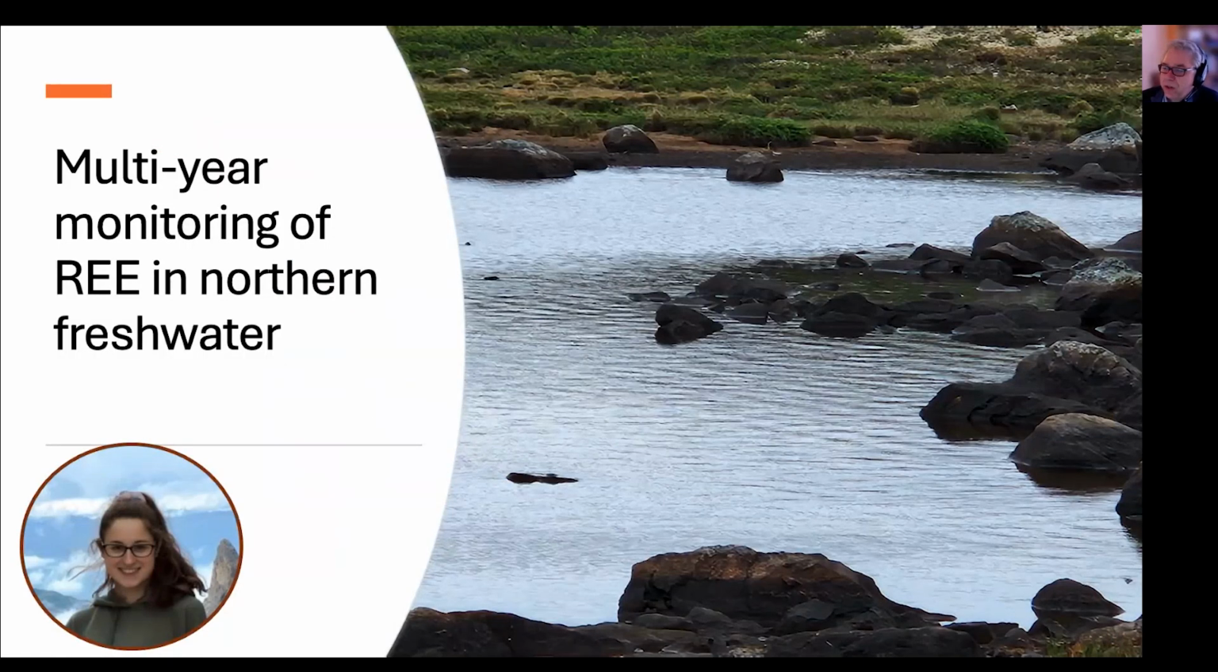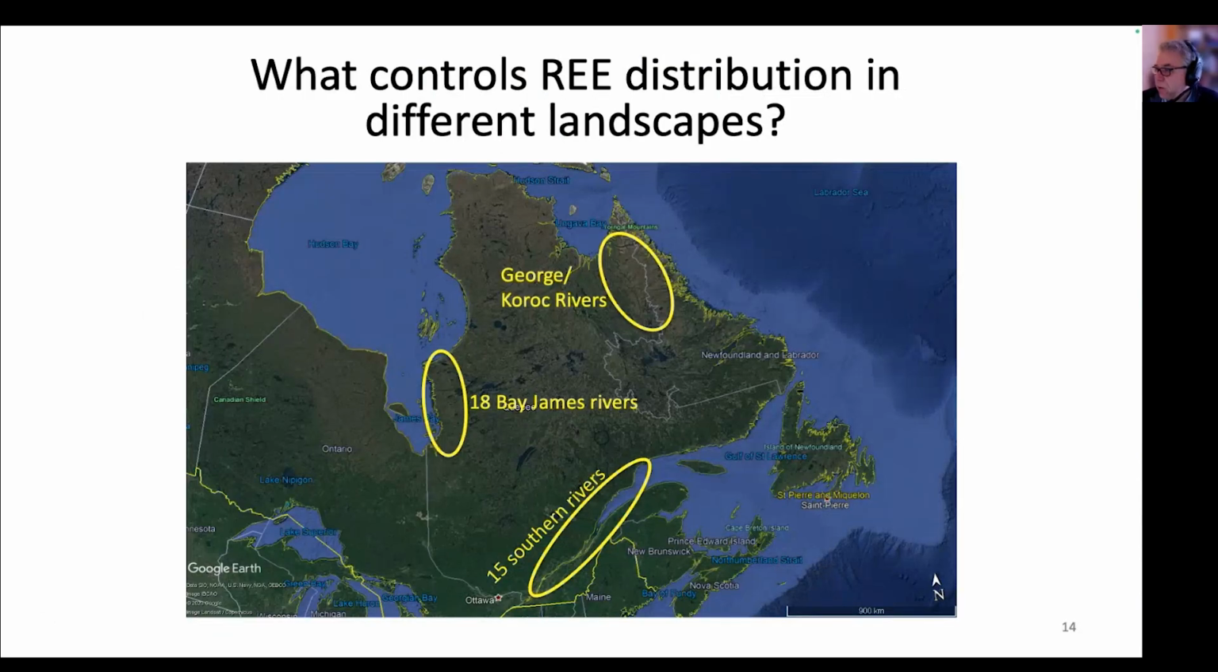So first of all, I wanted to talk about our multi-year monitoring of REEs in the water, and I will only touch the freshwater today. There are many studies right now from marine systems, but I won't discuss them. We've been collecting samples from freshwaters over the last 10 years in many regions, mostly along the